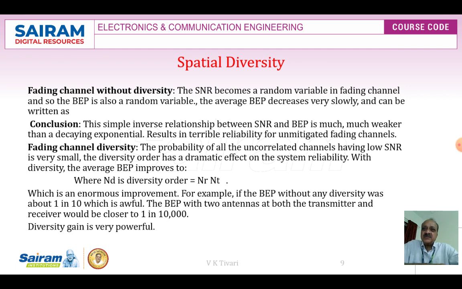Spatial diversity. Okay, continuation of fading channel without diversity. SNR becomes a random variable in fading channels, and so the BEP is also a random variable. Average BEP decreases very slowly and can be written as the conclusion. The simple inverse relationship between SNR and BEP is much weaker than the decaying exponential. Fading channel diversity is given by